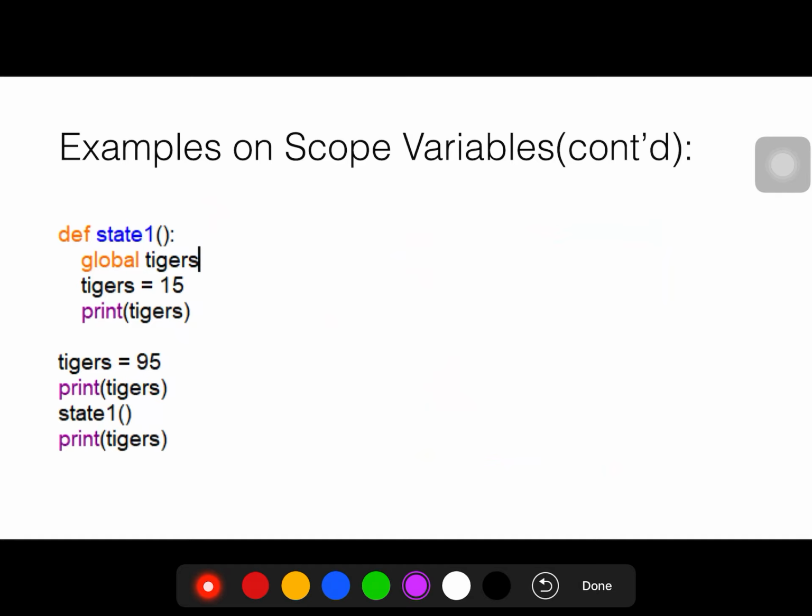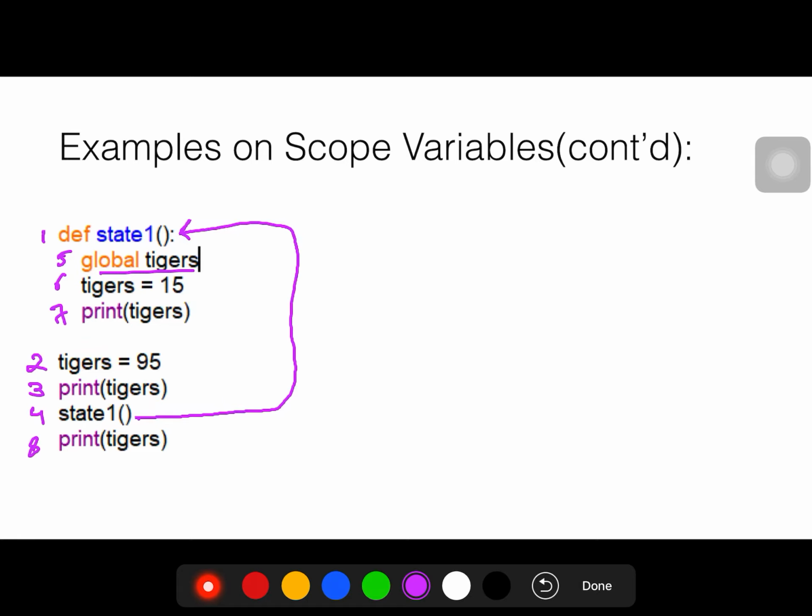Now next, there is also another program. What will happen here, there is also a function. Firstly this line will get executed, then this line, then this line, then this line. Upon function call, control will get transferred to this, then this line will get executed, 4, 5, 6, 7, and then 8.